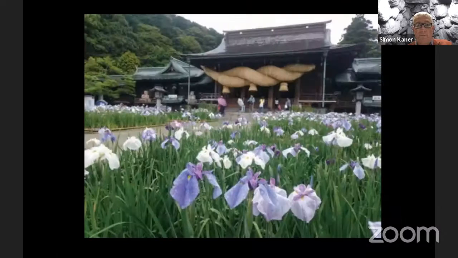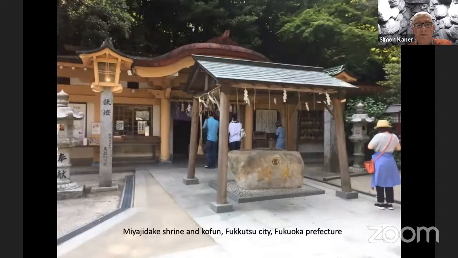These are some of the models at Nintoku. Finally, I'm just going to take us down to the western part of Japan. Because normally in Shinto, which is the traditional Japanese religion, which draws very much on the Kojiki and the Nihon Shoki, there's a very clear separation between the world of the living and the world of the dead. And the world of the dead is considered to be a very polluting world.